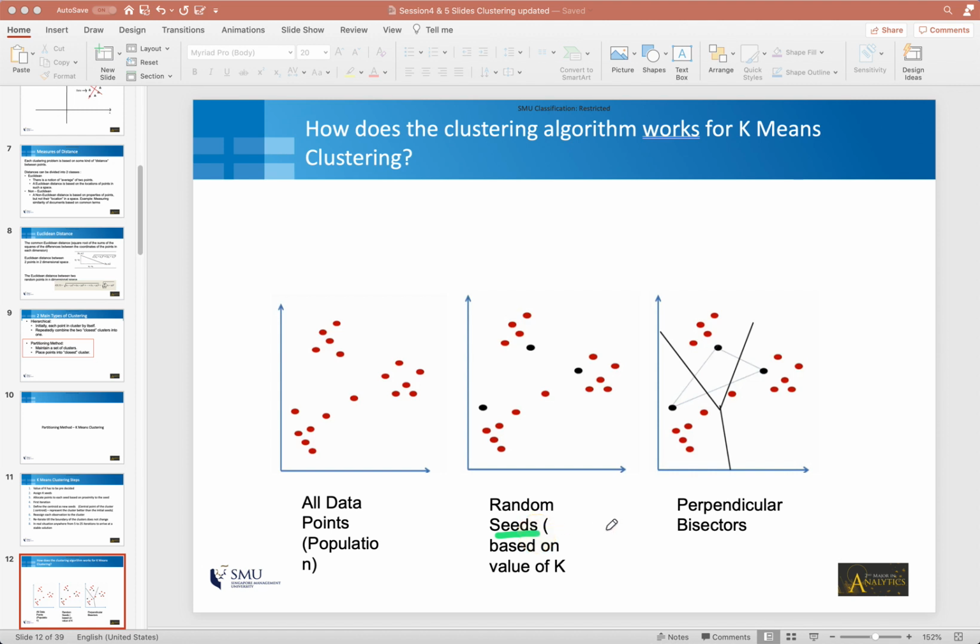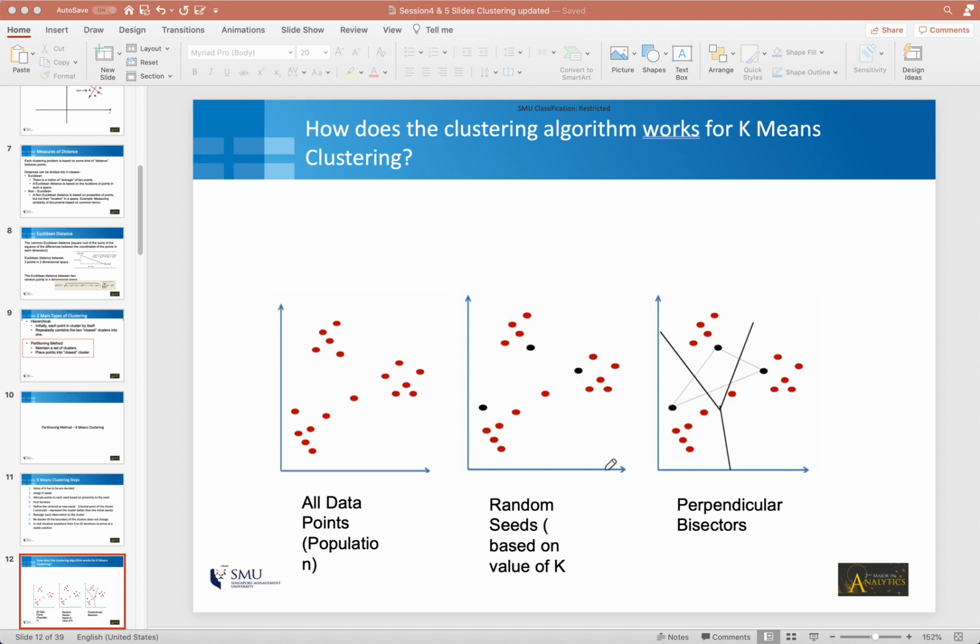You might be wondering, what does this term seed represent? A seed is basically an existing observation in the data to begin with. And why is it called a random seed? If you have to create 3 clusters, you will randomly pick 3 observations in the data and assume that each is representing the center of a cluster. I'm going to talk about the center of a cluster a bit more shortly. So basically, in step 2, if k is equal to 3, these 3 randomly chosen observations are the k seeds.